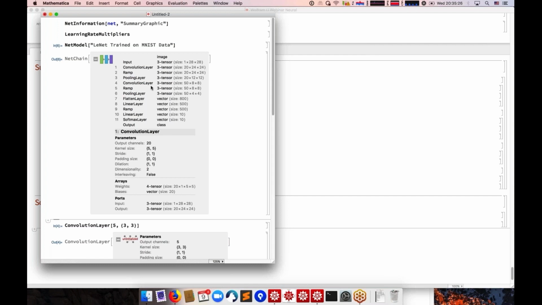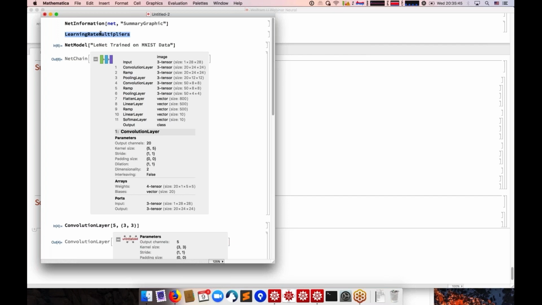One thing you may want to do is, let's say you have pre-trained all the layers on some task, and you just want to retrain the final classifier on another task. So I want to fix the weights and biases of the convolution layers. I can do this via learning rate multipliers.